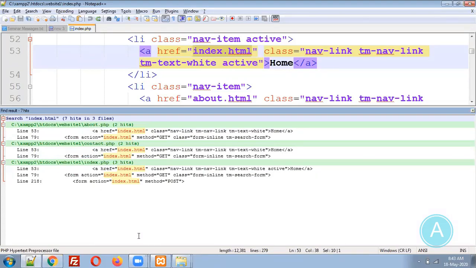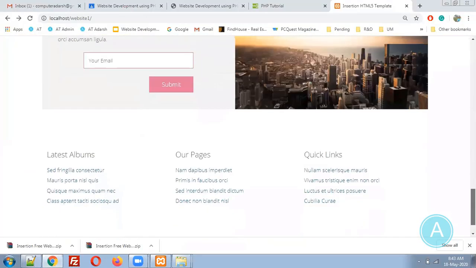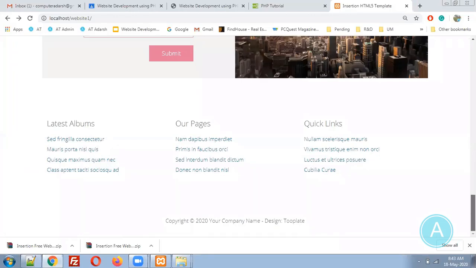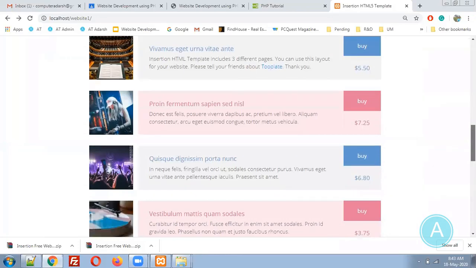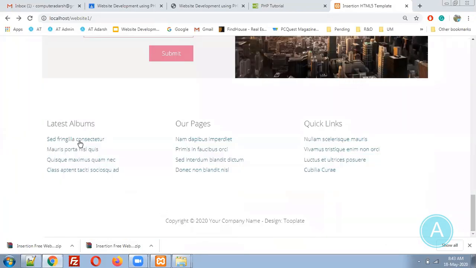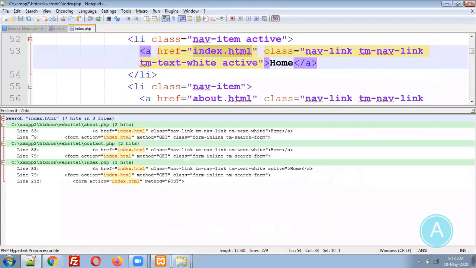Because in our website, let me go to the website. Here is one particular link, and maybe in the footer there will be other links, or something in between. Here they have not given links, but somewhere a link is there, because here we can see it on line 79. Oh, sorry, this is the form action. This is the submission. So we need to change this index.html to index.php.